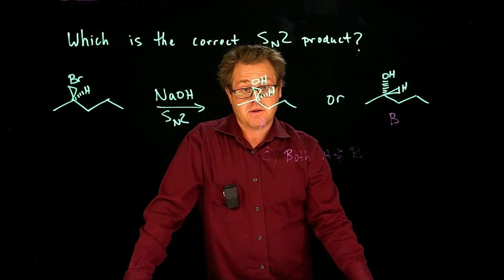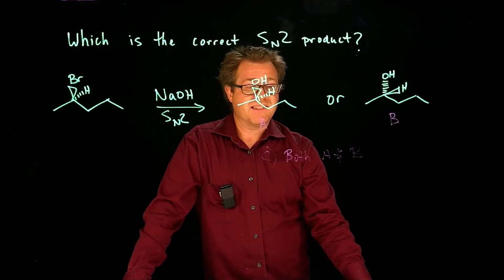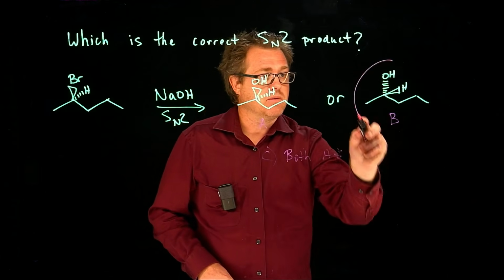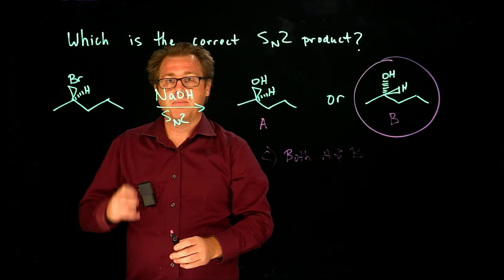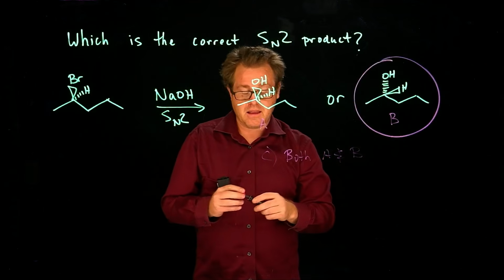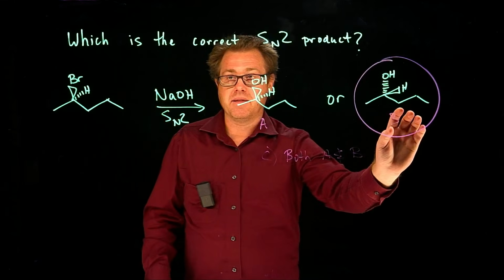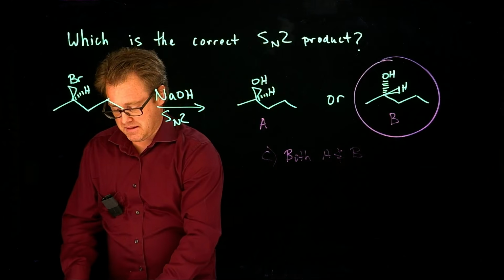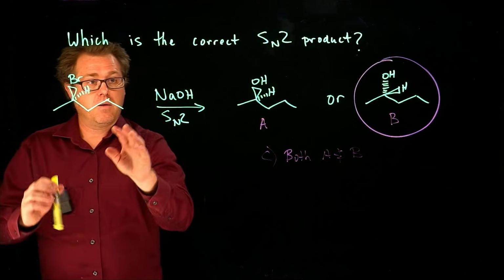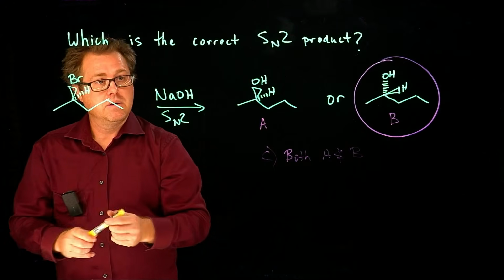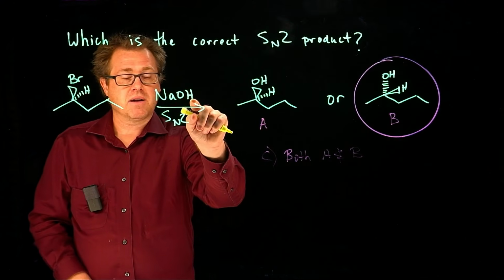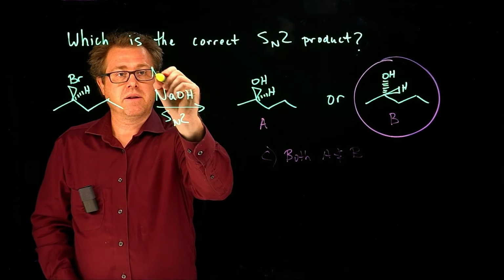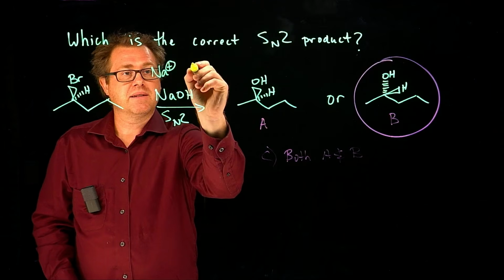And so there is only one correct answer for this problem here. And it's this one right there. But why? And to answer why that is the correct answer, we have to look at it mechanistically. So we said SN2. So that means the sodium hydroxide right here, we can see that that is an ionic species. So that's going to dissociate into its ions